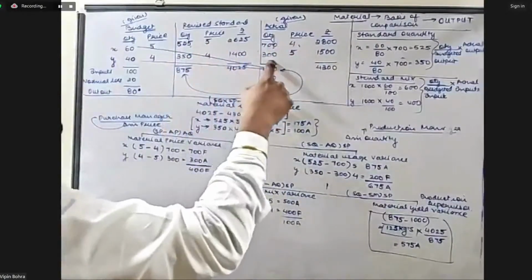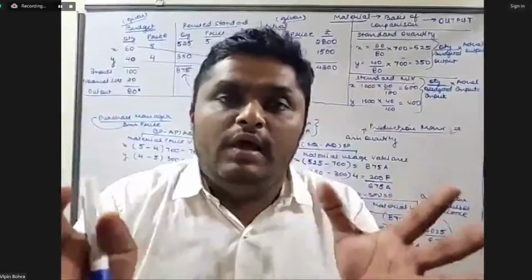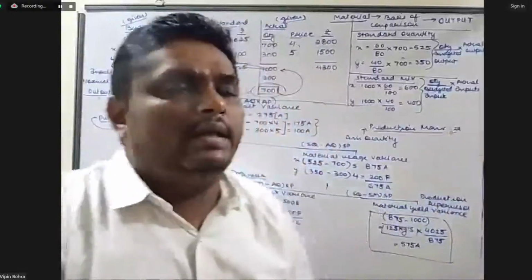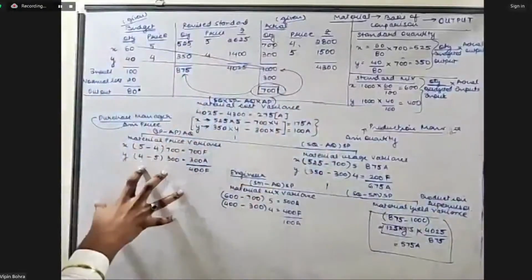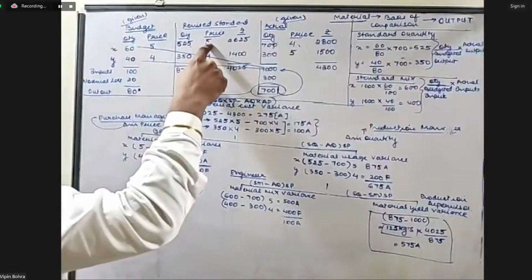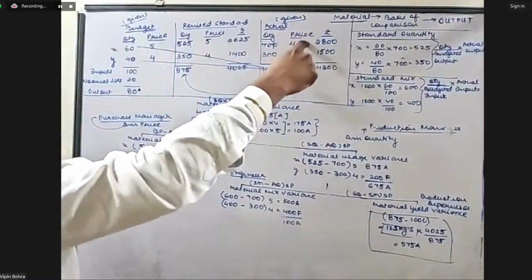350 into 4 minus 300 into 5. This is what we call the material cost variance. Now, this cost variance can be due to either a change in price or a change in quantity. When talking about the price, it represents the work done by the purchase manager. So this should be the price at which the purchase manager should have purchased, but the purchase manager actually purchased at